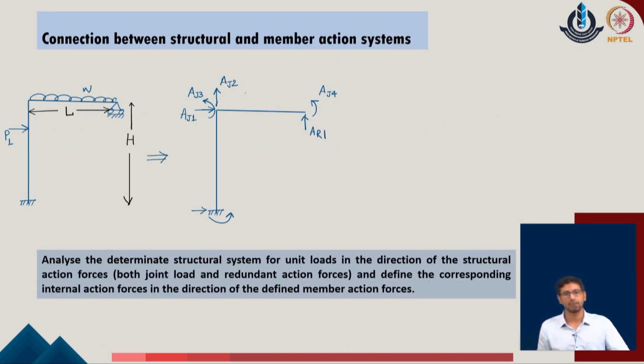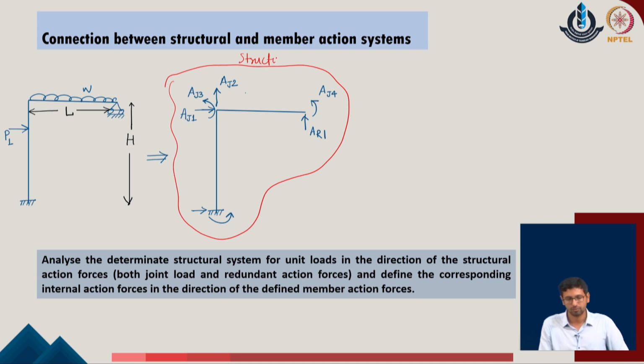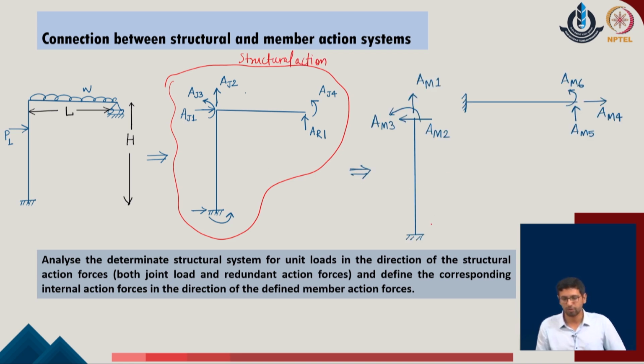So, with this idea in mind, if I consider this problem, we have these set of forces which are the structural action forces, and we have at the same time the two member components, member 1 and member 2, which are independently defined as per the original configuration of the given system, but they are not connected with each other, and we have identified the 3 member action forces in both of these members. Now, I need to connect, can we give the values of these AM1 to AM6, which are the member forces, in terms of the joint or the structural action forces of the given system.